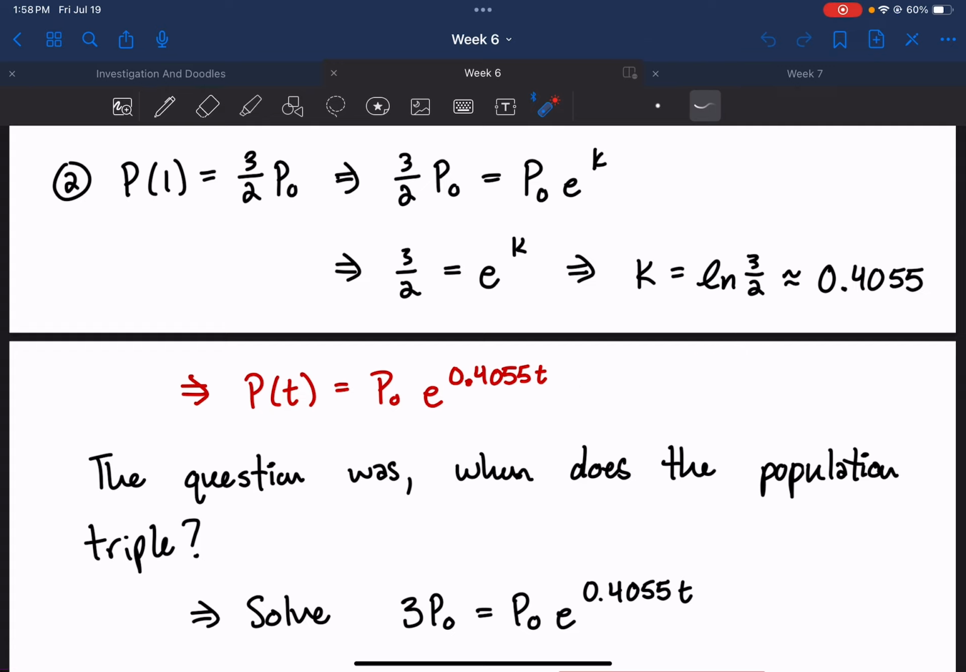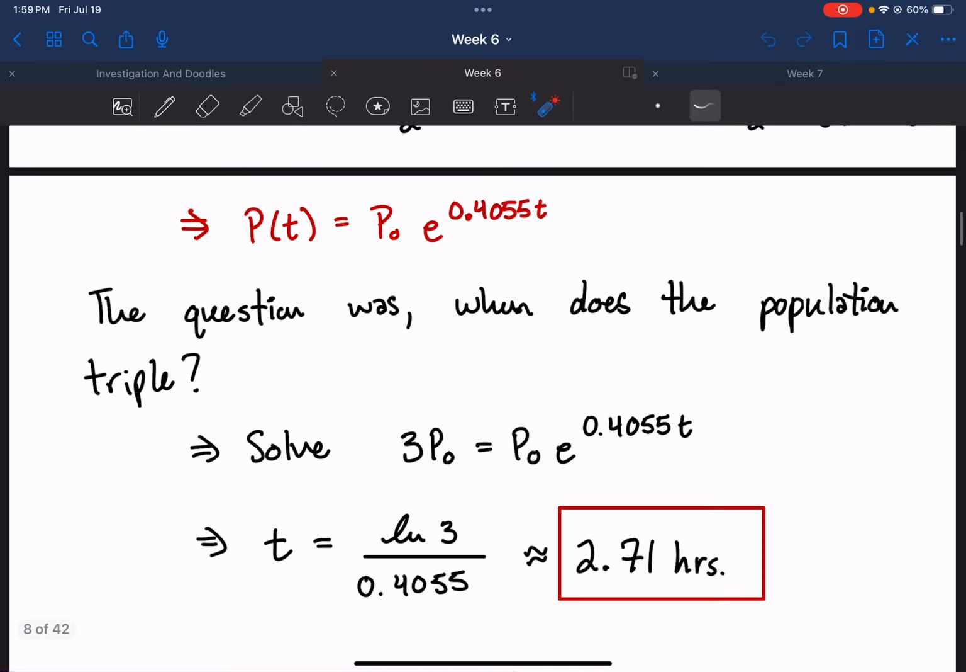Right? What is t? When does this equal 3p naught? So we solve. We set 3p naught equal to this function, and we're looking for t. Divide both sides by p naught, take the natural log of both sides, divide by 0.4055, t equals natural log 3 divided by 0.4055, which is about 2.71